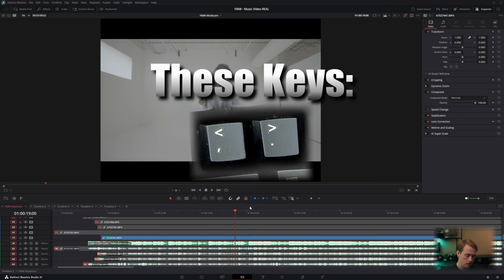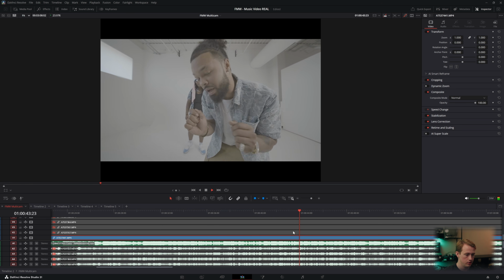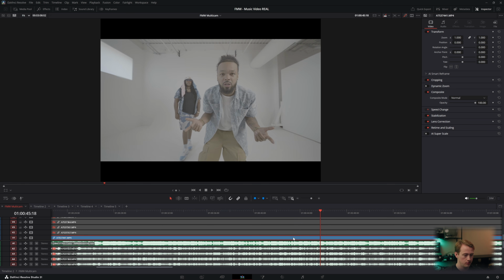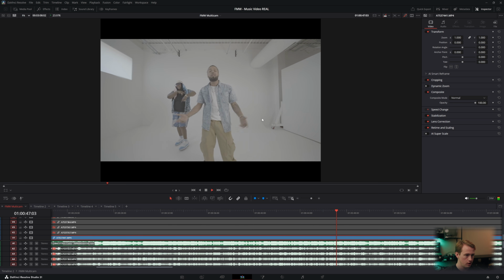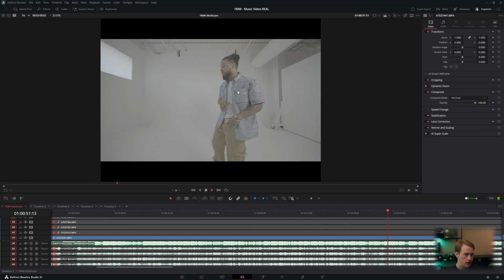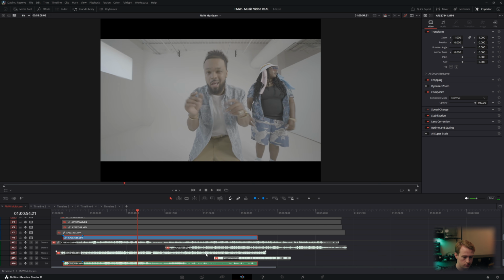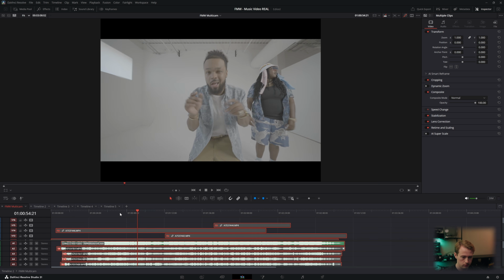If you hit the arrow keys on your keyboard, you can move this clip over frame by frame. So if you get it really close and you know it's close, just mess around with those until you get it matching. As you can see here, it's matching pretty well. Sometimes you can get it perfect. Other times you'll get pretty close. As long as the lips sync well enough, that's good enough for me, but I try to get it perfect if I can. Now that all of these are synced, you can go ahead and enable all of these again